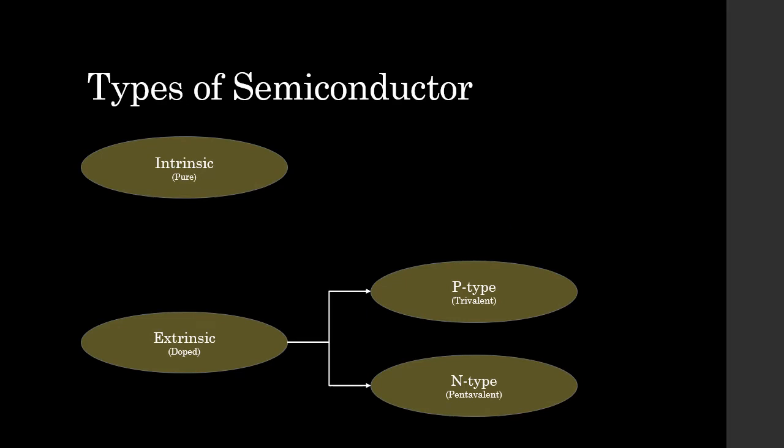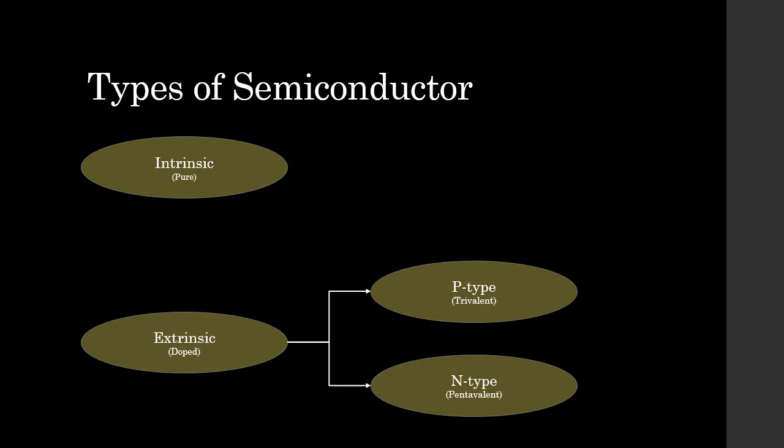So now that you're very familiar with the semiconductor material and the flow of current, holes, and free electrons, it's a good point in time to introduce different types of semiconductors. Yes, so we have intrinsic or pure semiconductors and we have extrinsic or doped semiconductors. Also, with our extrinsic or doped semiconductors, we have two variants, the p-type or trivalent and the n-type or pentavalent